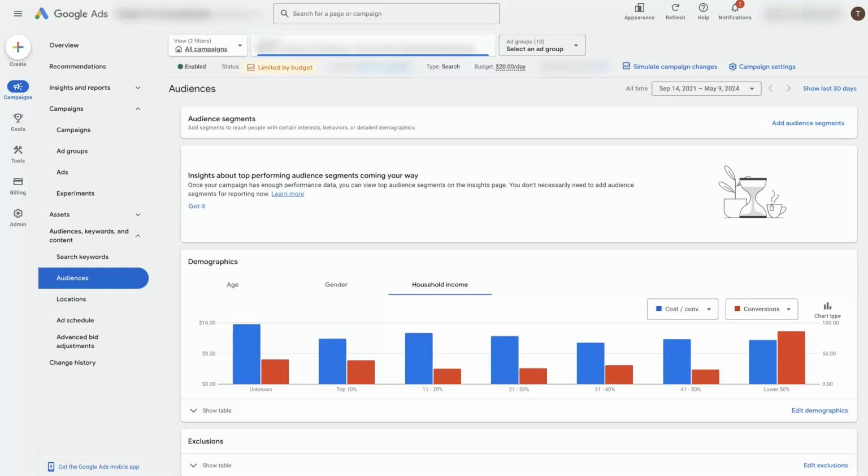All right, so let's talk about how to target people by income in your Google Ads account. Now, I'm in the new user experience, or the user interface, I should say, and you can switch between the old and the new one up here. I do have another video that shows how to do this in the old user interface, but essentially, once you're